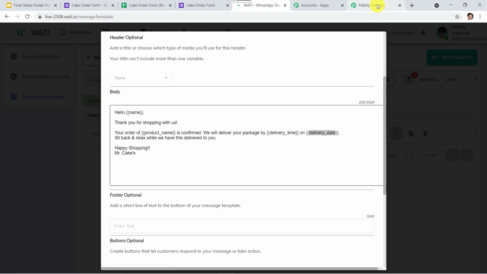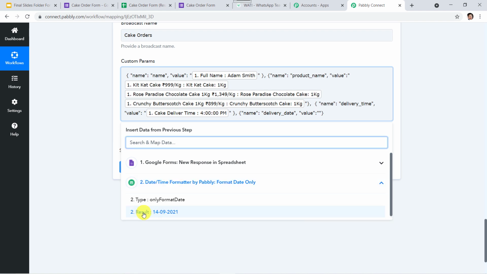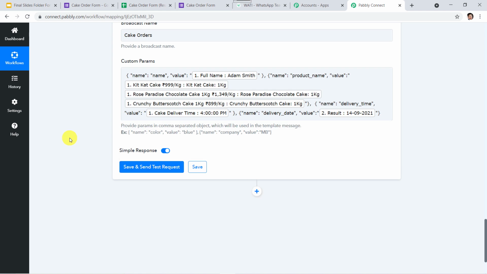So I'll just copy this also, and here I will be giving the delivery date, and the value of the delivery date would be which we have formatted by date and time formatter, this one, 14th of September. Okay. Now let us click on save and send test request.